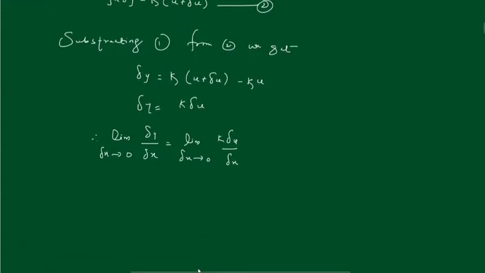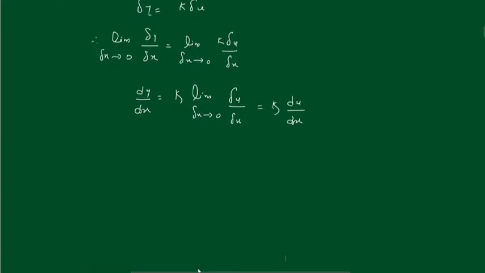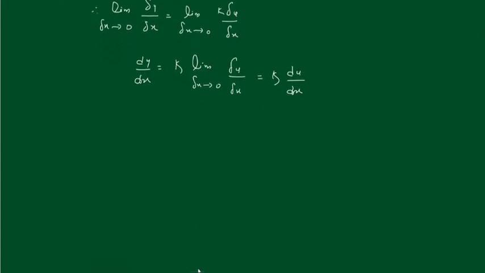So after applying the limit, what we get? dy by dx is equal to k outside the limit, delta x tends to 0, delta u by delta x, which is equal to k times du by dx. So which is nothing but the derivative of function, what we can get as the conclusion,